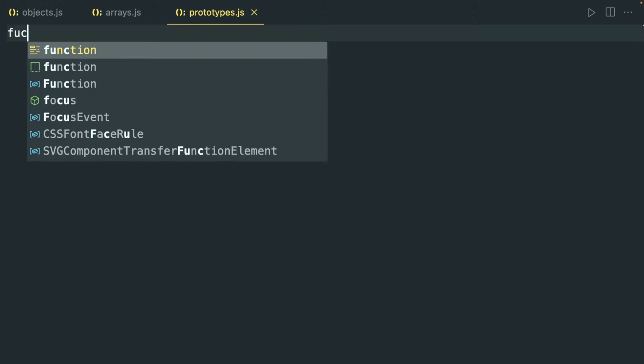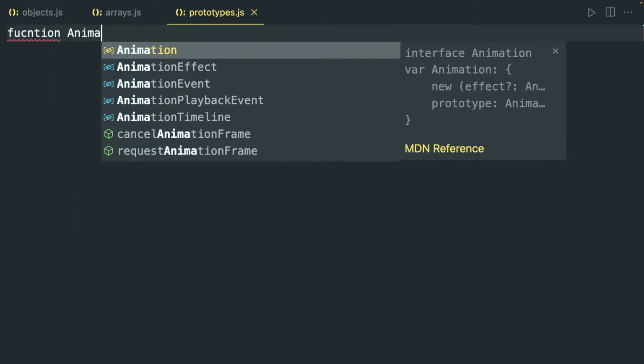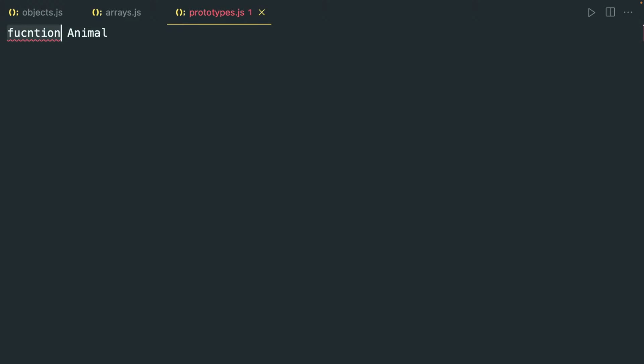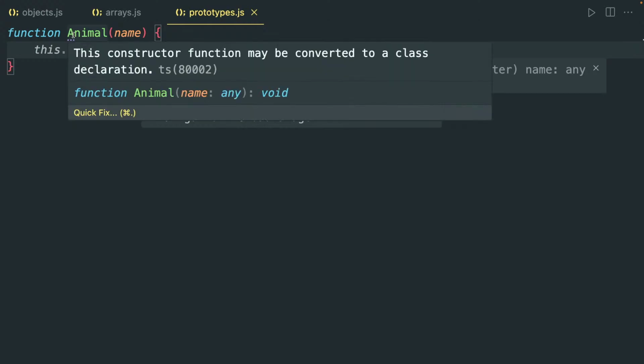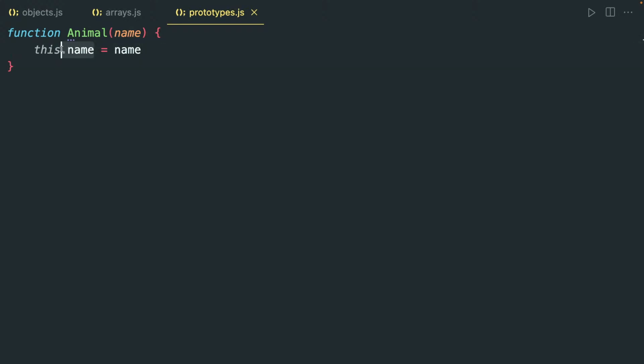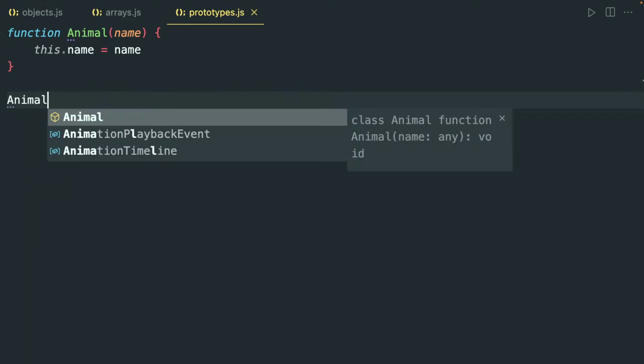So suppose we have a function named Animal. It has a name, you're passing it a name, then this.name is equals to name. So in this you are saying that the name of this function is the name that we're getting. So now, for the Animal,